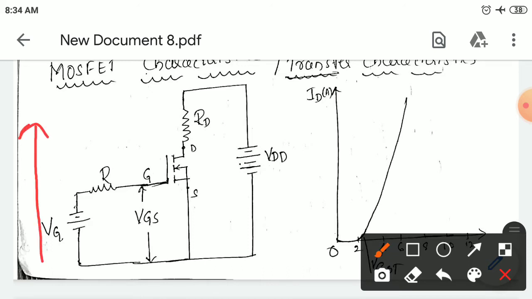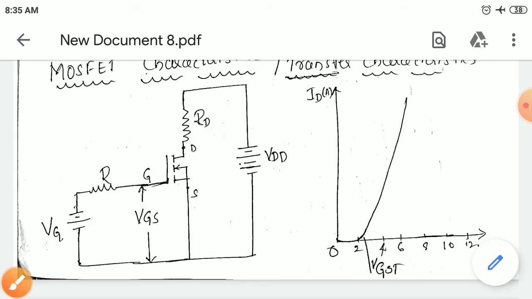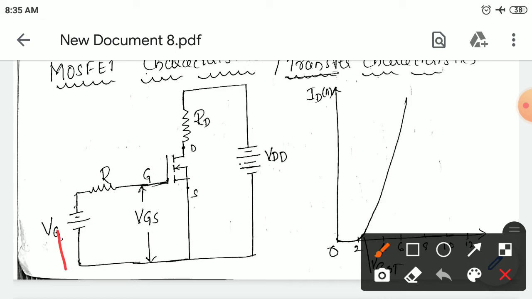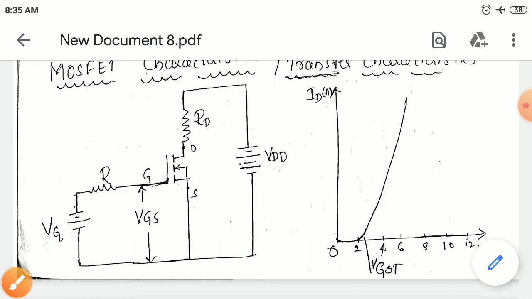Once the gate voltage reaches a certain point, that is the threshold point, the MOSFET starts conducting. I said this in the beginning, in the construction of the MOSFET. When the supply voltage is given to the drain and source and to the gate, a small ionization layer is formed which short circuits, and the current starts flowing. Initially, for smaller voltages, if you apply 1 volt, 2 volts, 3 volts, your circuit is off only. Once the required gate supply is given to the gate terminal, your MOSFET starts conducting.